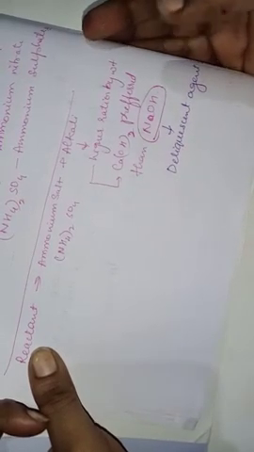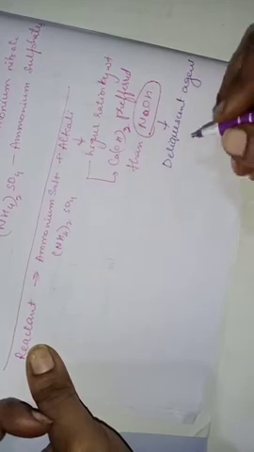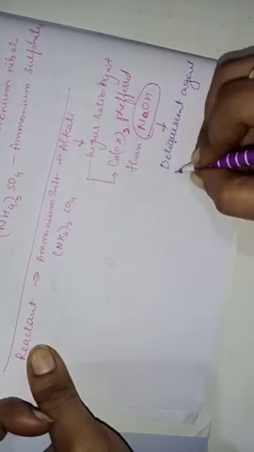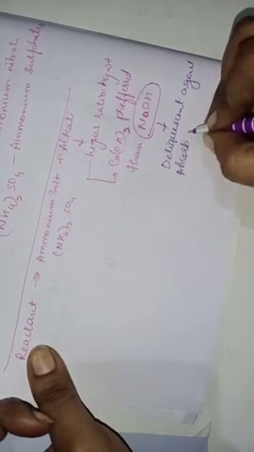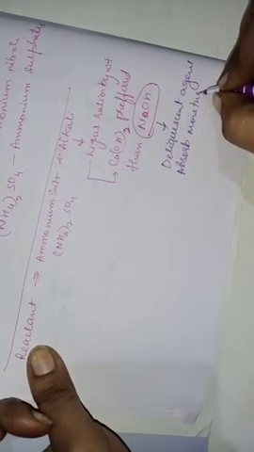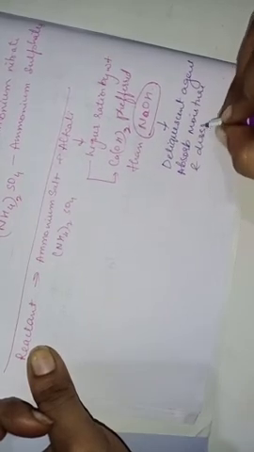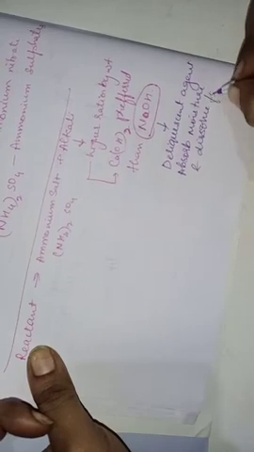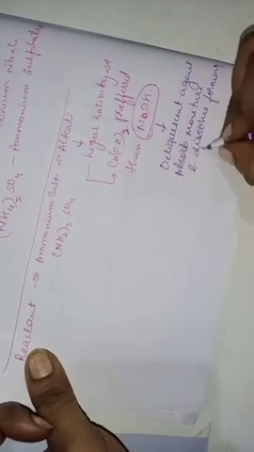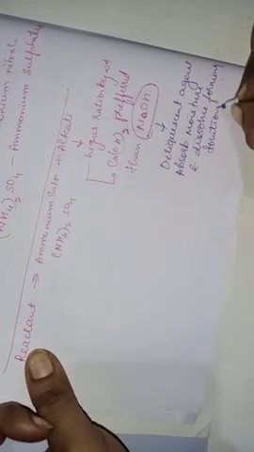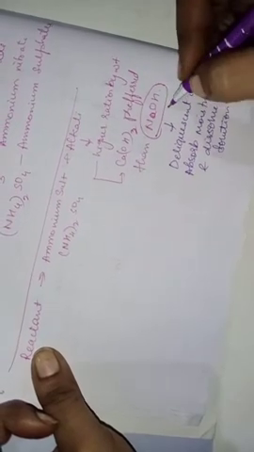Deliquescence में रहेगा तो क्या हो जाएगा children? What is the process in deliquescence? It absorbs moisture and dissolves forming solution. Are you getting children? So that is why we are not going to prefer NaOH.